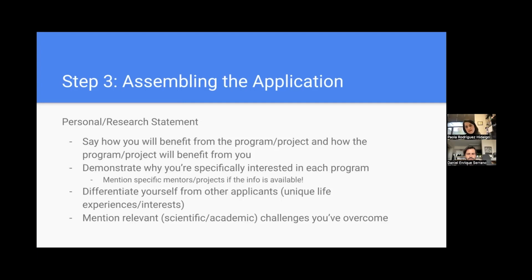What makes you unique? And again, we are all unique in our life experiences and interests that will help you through this program. Maybe challenges that you have overcome, difficulties, mention difficulties here. Maybe your GPA is not that fantastic, but you have been working, you have experience working for a company or something like that. Those things here will be great to mention, right? And that's what I mentioned also at the end, right? The challenges that you overcome, really emphasize those things, because we want to hear from you and what makes you unique for these experiences.